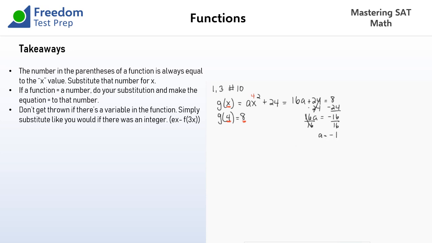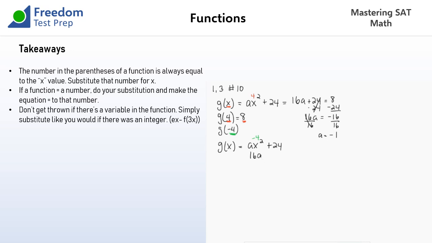Now we read on, and it says, what is the value of g of negative 4? Now, we can go through the same thing. In fact, let's just do that. I'll use a different color, and maybe I'll rewrite it. I think that'll be easier. So we have our initial function, g of x, is ax squared plus 24. And we're trying to now plug in, and I'll use a green here, negative 4. So put a negative 4 in, and we'll just continue. Negative 4 squared is 16a,